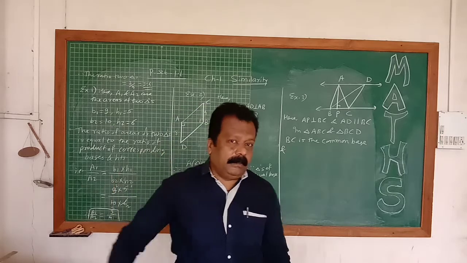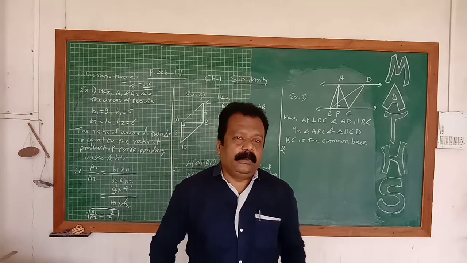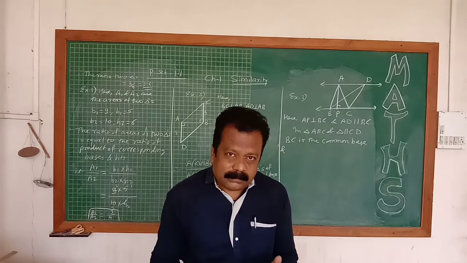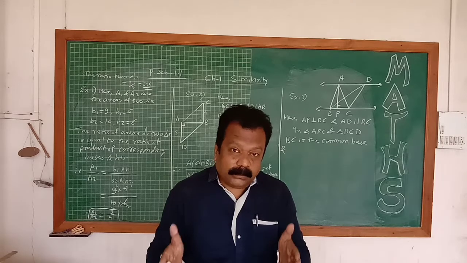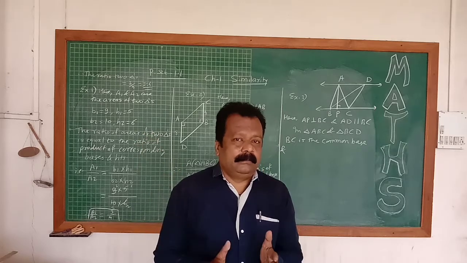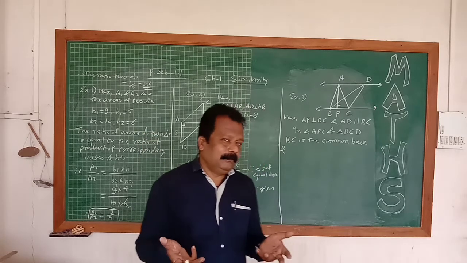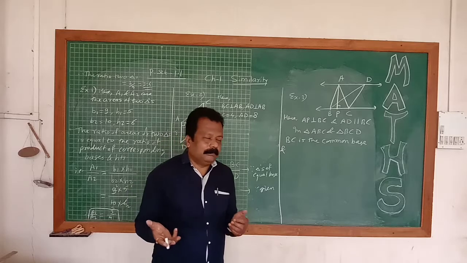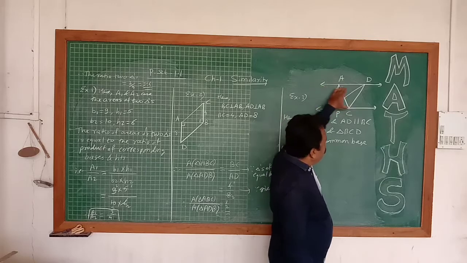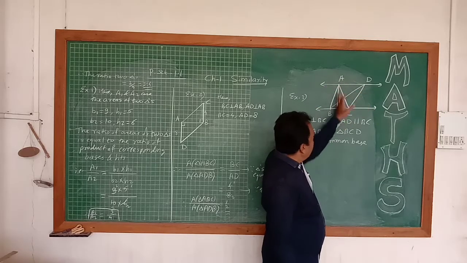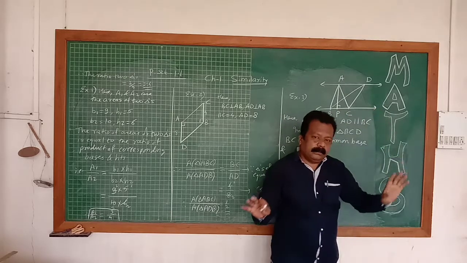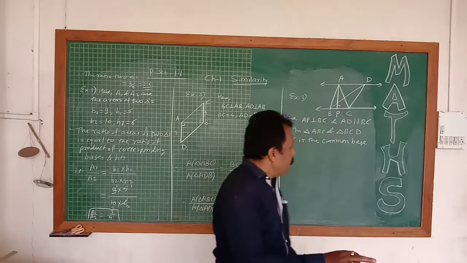Another example: rails on a railway line. The train goes on the rails. The distance between the two rails is the same anywhere, in Kolhapur, in Mumbai, in Calcutta. Otherwise, you know what will happen: it will come in tomorrow's newspaper. So you have to know that. Suppose the distance AP is 9 meters. Then anywhere else taking the distance, we will get 9 meters only. So the perpendicular distance is the same.